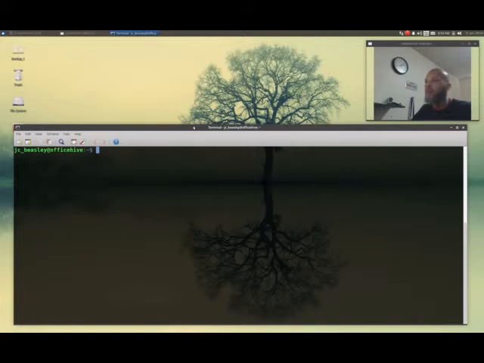So today, it's pretty simple, but I wanted to show you all how to do some things from the terminal. We're going to create a couple of shortcuts. I'll show you how to create desktop shortcuts. Let's say, for example,